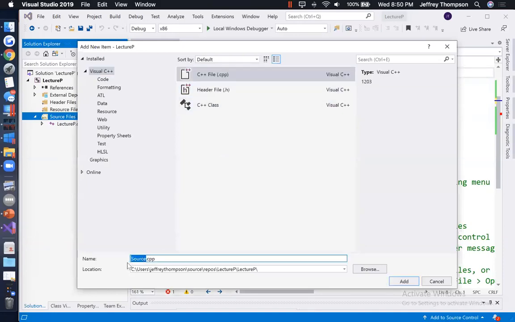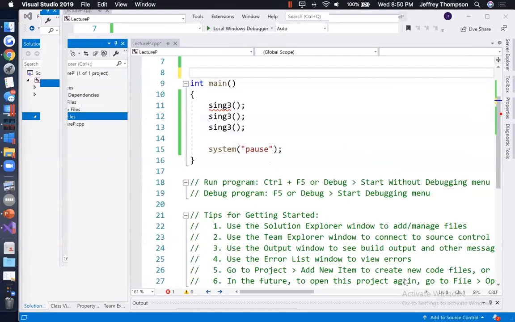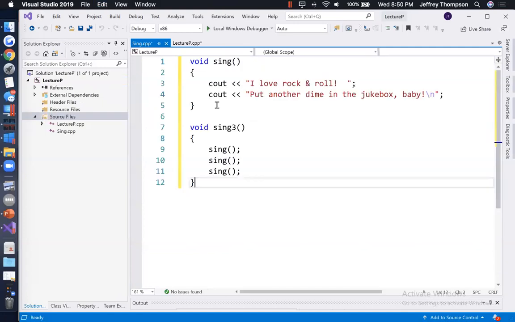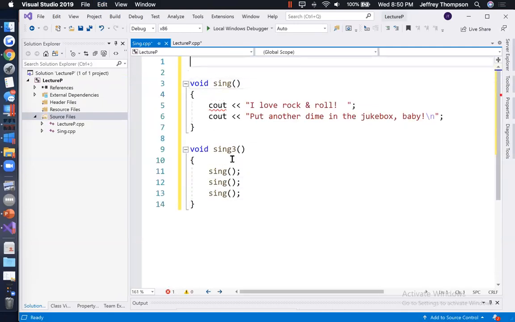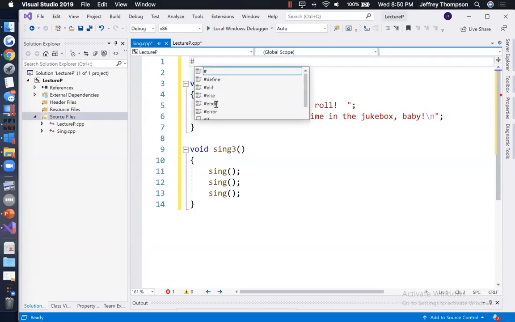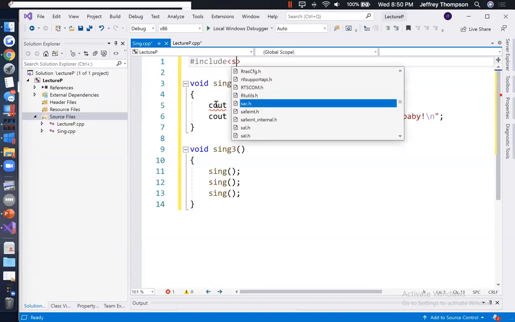I'm going to call it sing.cpp. And I'm going to paste those 3 statements in it. Now, however, I'm going to have my includes and things like that as well, right? So include